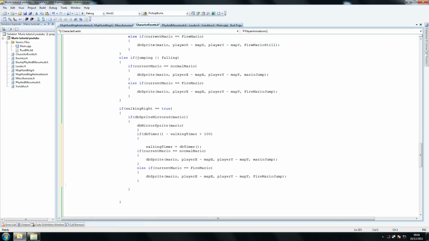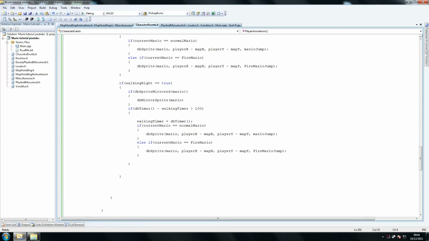So if, oops, not that, I'm such an idiot. So press this key to go back. If db sprite mirrored, yep, that seems fine to me. Let's just move this down a little bit. So what we're saying here is if db sprite mirrored, if it's not mirrored, mirror it, and then